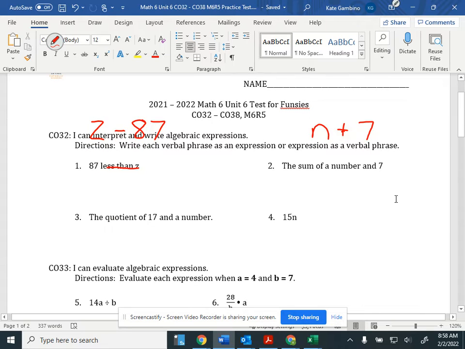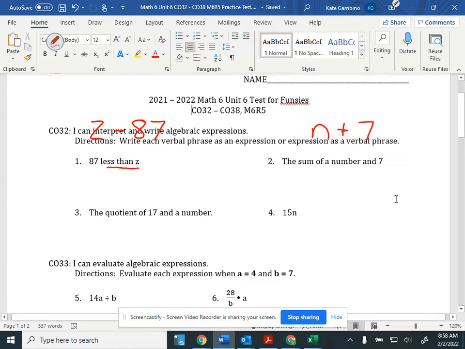Okay, good morning. We are quickly reviewing our Unit 6 because we just want to go over it a little bit more before we take that test. So instead of having the test today, we are doing our review test on Friday. So what we just talked about in the classroom